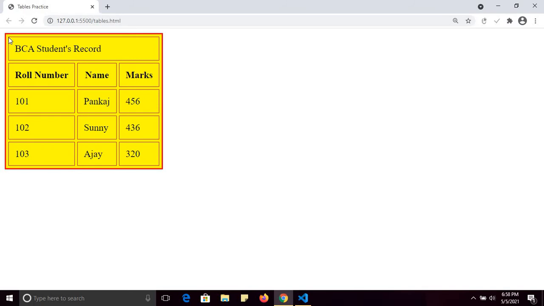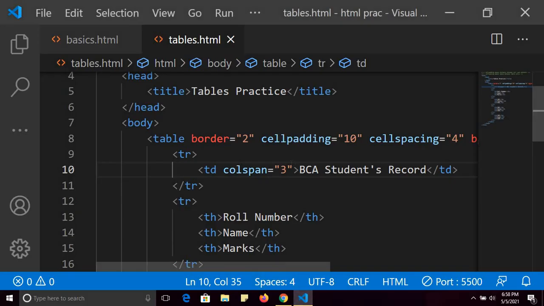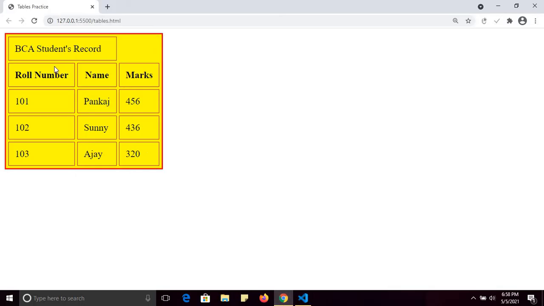See, look at the border of this column. This column is taking the space of 3 columns. Let me change the value to 2. You will understand. Now this column is taking the space of 2 columns.